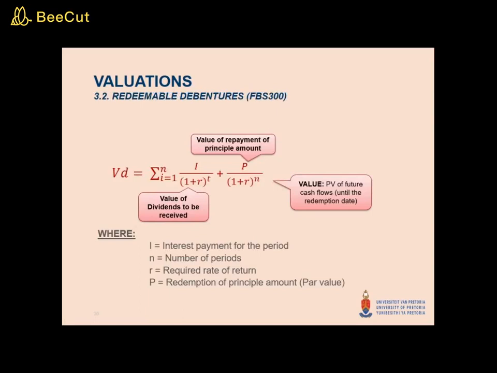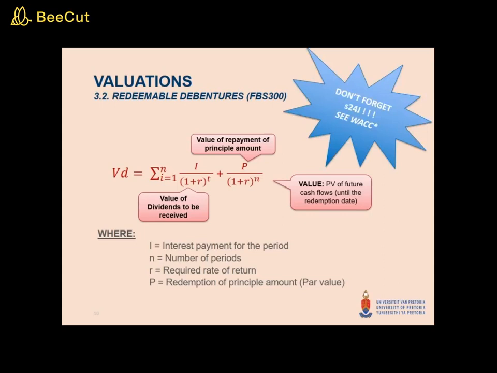But what do we remember when we determined the value for these redeemable debentures when we did WACC? Don't forget the impact of Section 24J. This will have an impact on the value of the particular instruments. So what do we need to look out for? Is there a redemption, yes or no? Or is there a discount or a premium on inception, or either there afterwards on redemption? And secondly, share issue costs. Is there going to be a Section 11A deduction for the share issue costs?